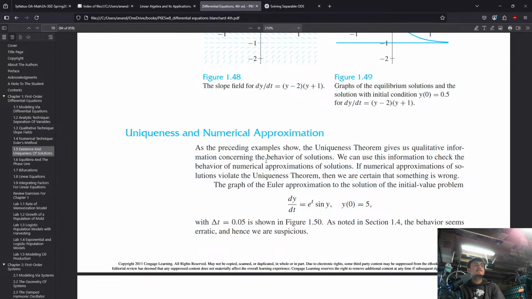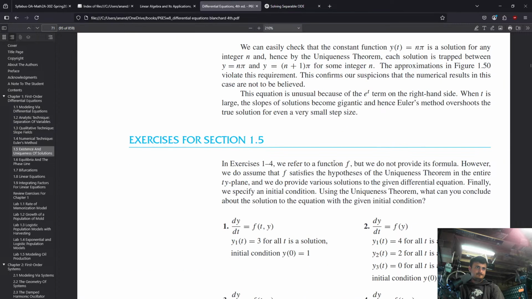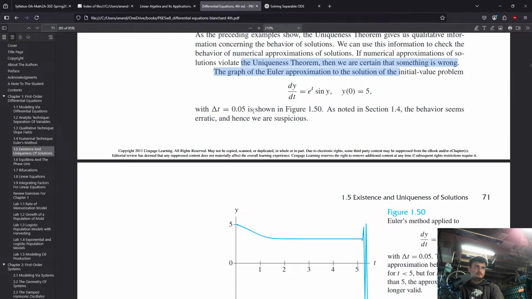All right, so uniqueness and numerical approximation. As the preceding examples show, the uniqueness theorem gives us qualitative information concerning the behavior of solutions. We can use this information to check the behavior of numerical approximations to solutions. If numerical approximations violate the uniqueness theorem, we are certain something is wrong. The graph of the Euler approximation of the solution e to the t sine y